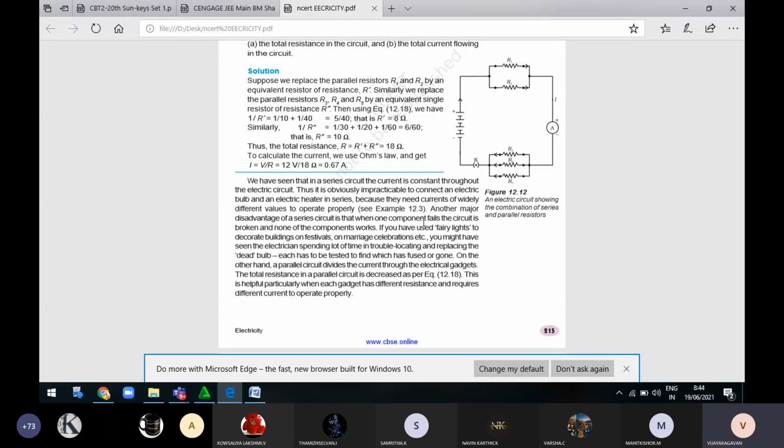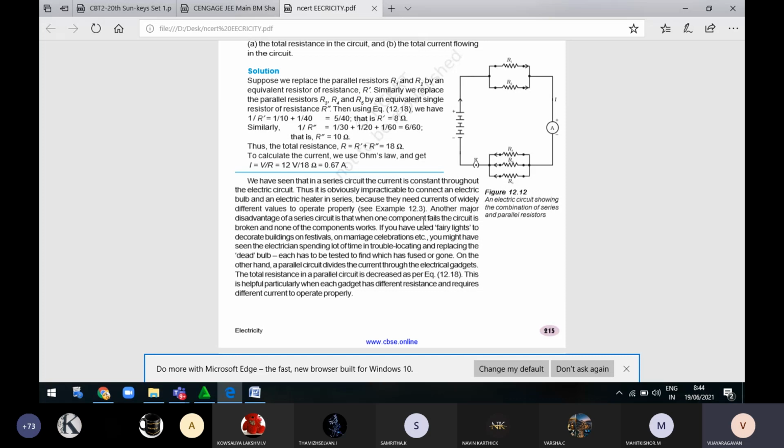If we connect a low voltage bulb, or an LED bulb, and there is enough current in the circuit, the bulb will glow. But with the same current, we can't run a mixie grinder, an AC, or a washing machine. All of this will happen in series, so if you continue in series, there will be a problem in the circuits.